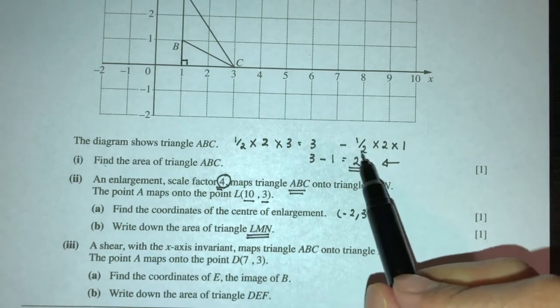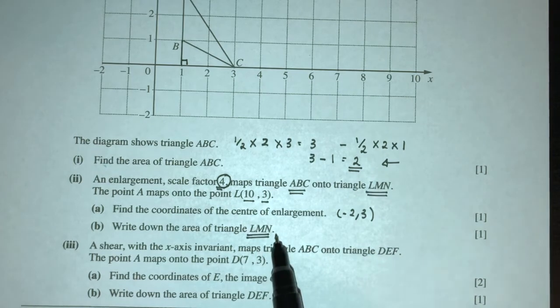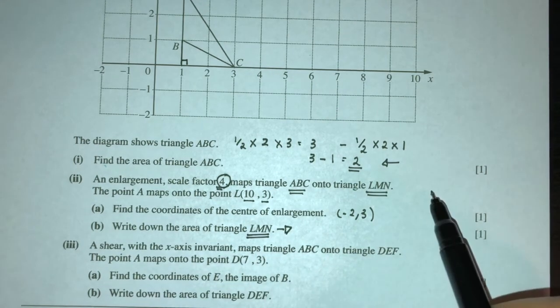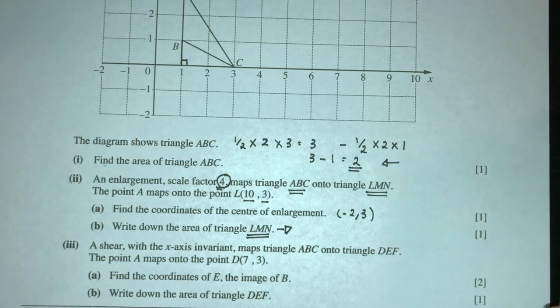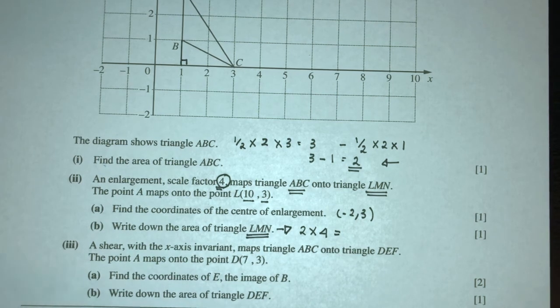So the initial area was 2. This area will be increased by how many times? By 4 square times. Sorry, by 4 times, not 4 square. That will be 2 times 4, that will be 8. So, I'm sorry to confuse you guys again, because the scale is